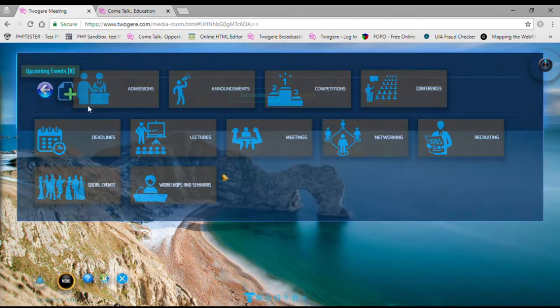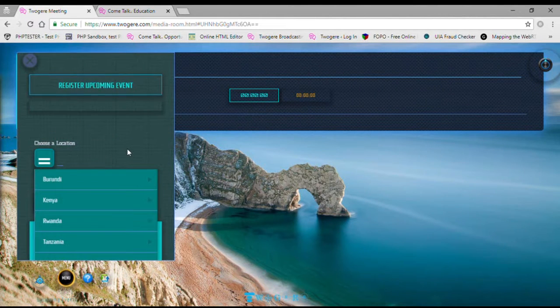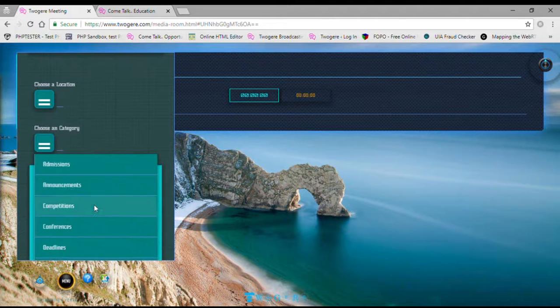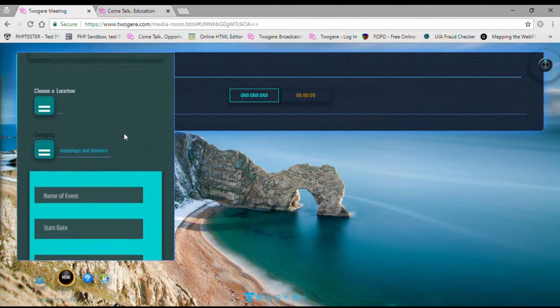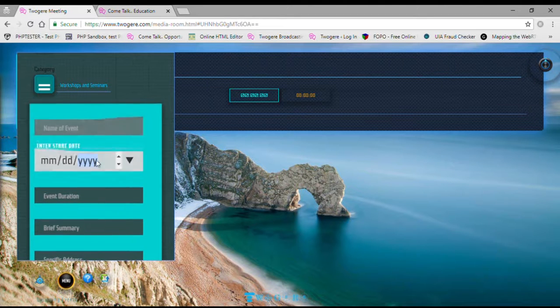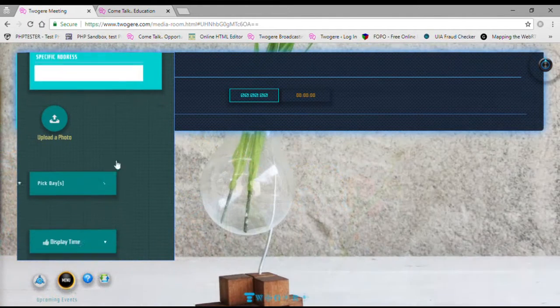Whatever it is, I'll come here, then select the event, the location of the event. I'll select what it is. Is it a conference? Is it a deadline? Is it sort of a workshop? I'll select that category, the name of the event, the start date, the duration, a brief summary, maybe the address,